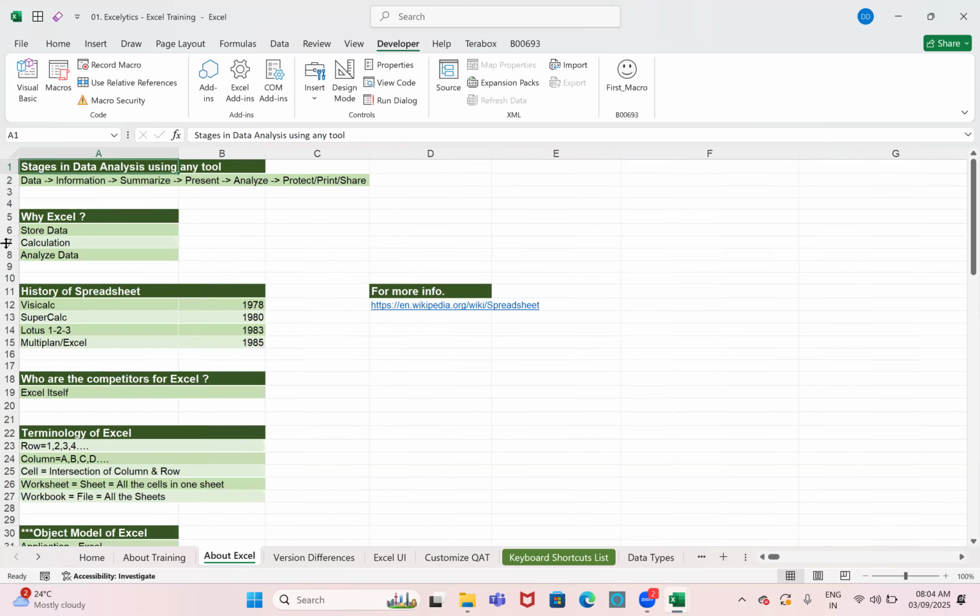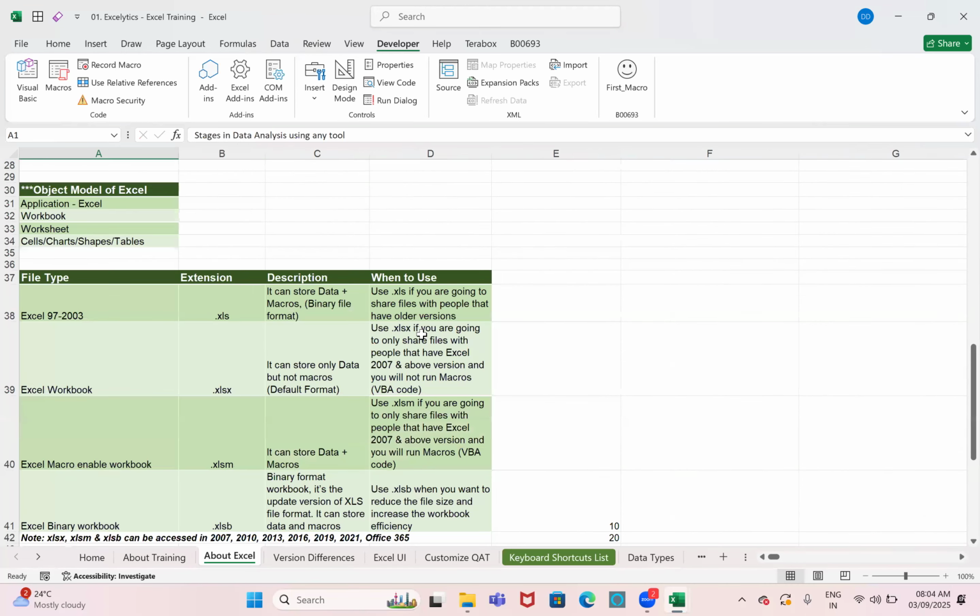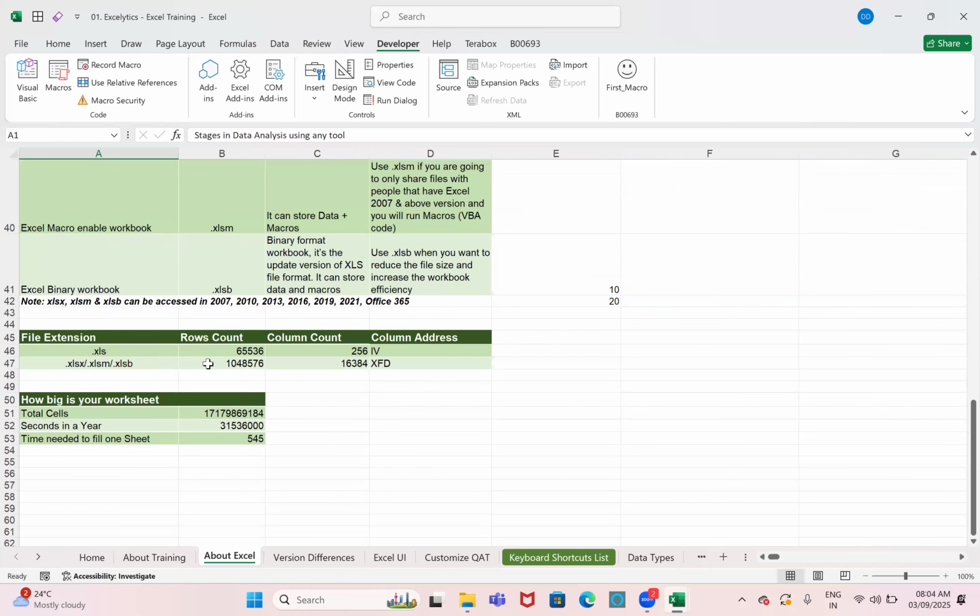But from 2007 onwards, 65,000 became 10,48,576, and 256 columns increased to 16,384 columns. So this is the last column name. Can you tell me what is the last cell in .xls? Last cell.